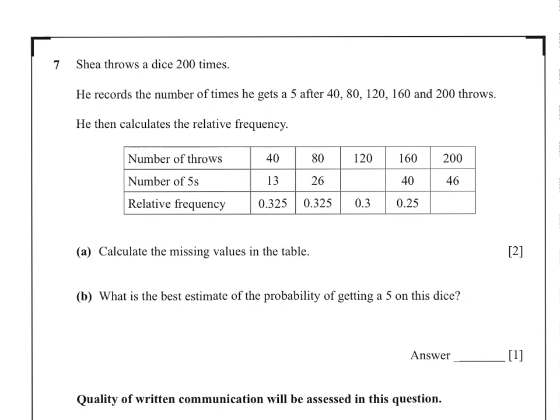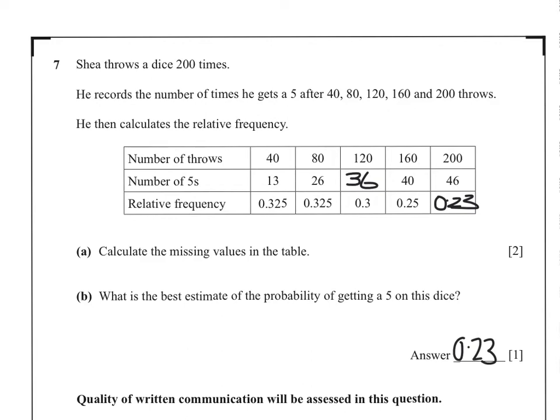Relative frequency will be the number of fives divided by the number of throws. So if we have 0.3 and we want to work out the number of fives, we do 0.3 times 120, which gives us 36. And to work out the relative frequency, we'll do 46 divided by 200, 0.23. Best estimate of the probability of getting a 5 on this dice will be the result from the 200, 0.23, because that's the most